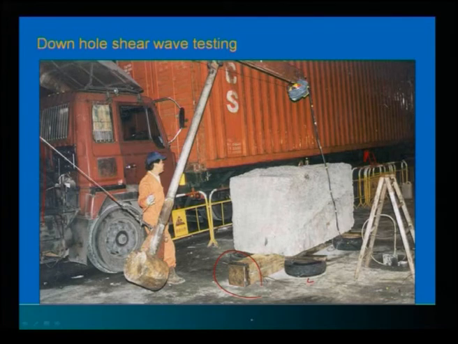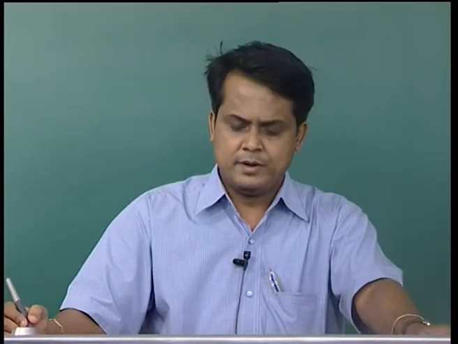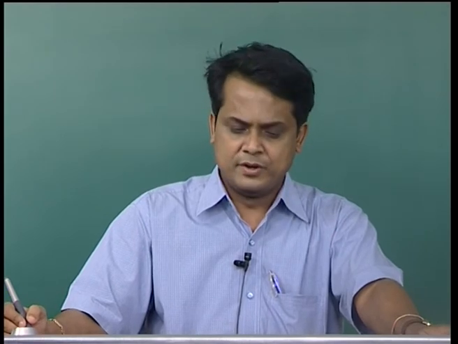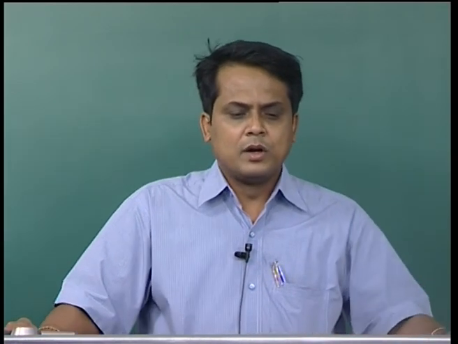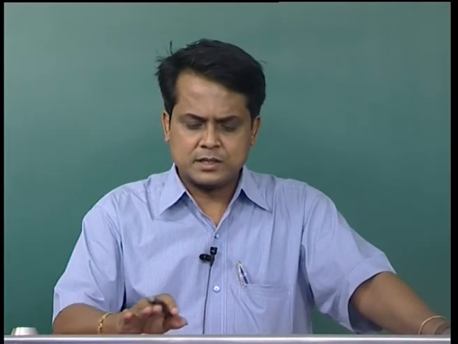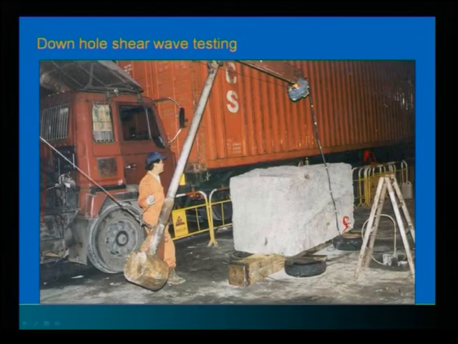So what happens is, while hammering, this wooden plank should not slip. The moment I hammer it, it will exactly generate a shear wave. If I hammer at the top, it will generate a compressional wave. That means P wave or S wave. P is nothing but the compressional wave, S is nothing but the shear wave. So this is a typical interesting case study. I wanted to show how downhole shear wave testing has been done. This is a case study which has been done in Japan.